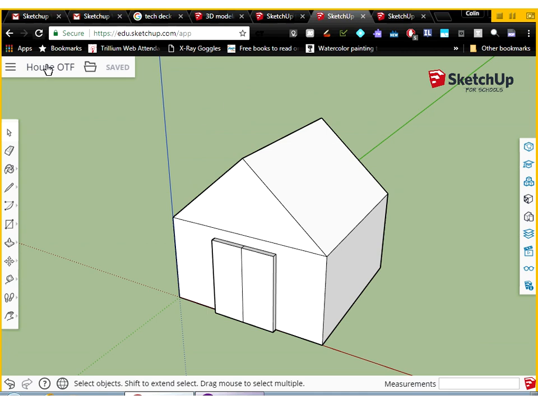Okay, so you should see a basic model of the house here in the screen. The funny thing about SketchUp is you can make some manipulations really, really quickly here. So if I hit R for the rectangle tool, and I just grab a line on the side and I draw myself a rectangle,